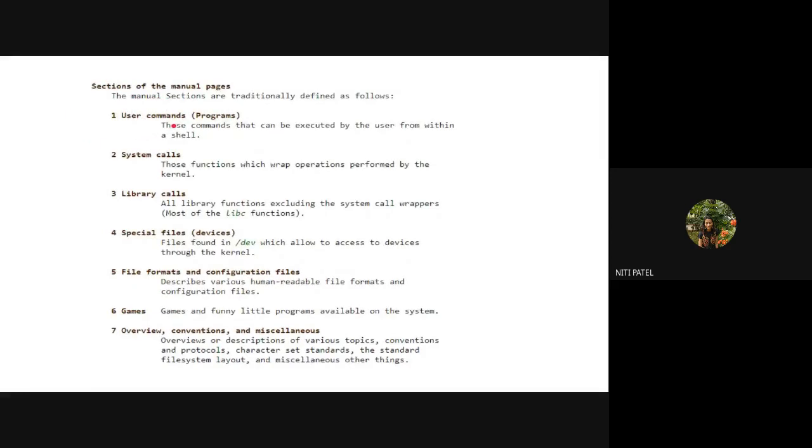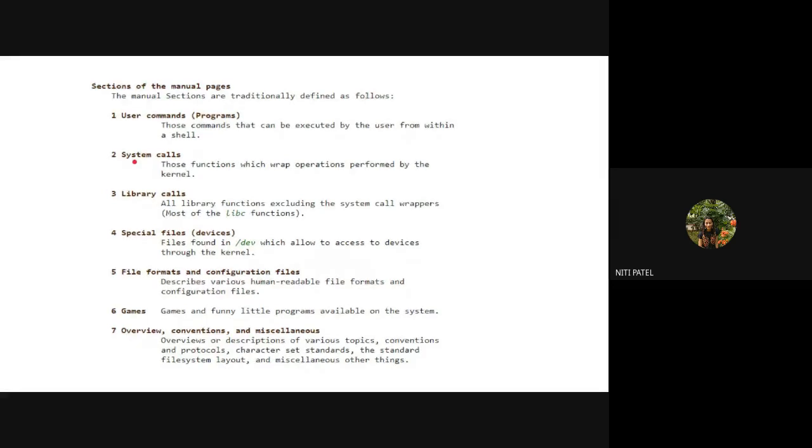Okay, so your manual page will give the information related to all the user commands that a user is going to type inside the terminal. Along with that, your manual page will also give the information about the system calls. Now we know what system calls are. Every activity which is happening between the user and the kernel is generated with the help of these system calls.